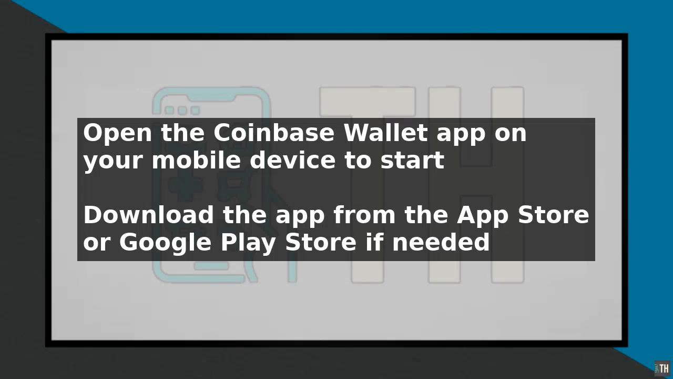To add a Coinbase address to your Coinbase wallet, start by opening the Coinbase Wallet app on your mobile device. If you do not have the app, you can download it from the App Store or Google Play Store. Once you have opened the app, tap on the settings icon, which is usually located at the top right corner